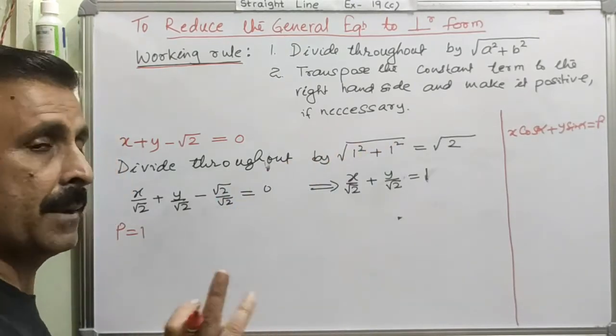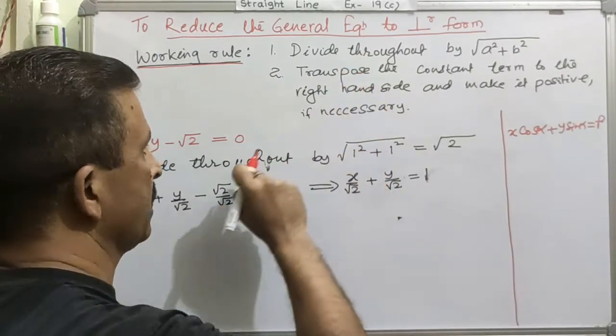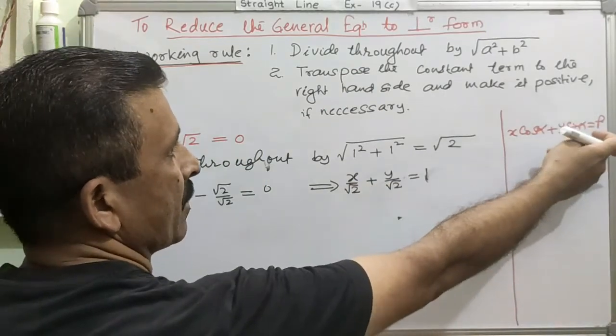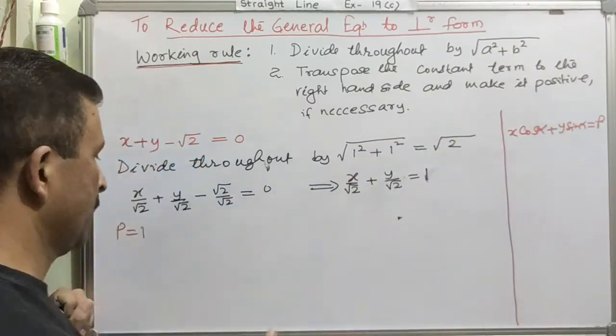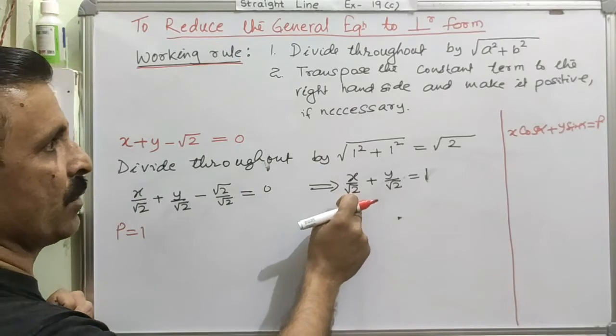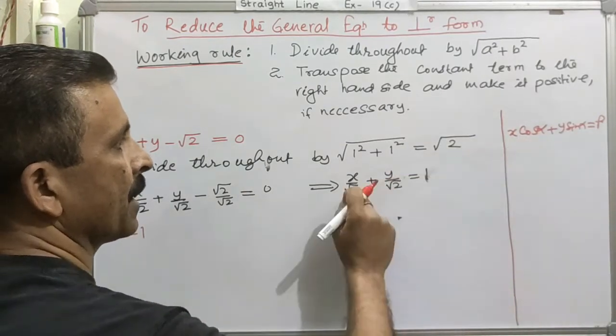Clear? Am I understood? So after we have converted this equation into the perpendicular form, now we are going to calculate the length of perpendicular and the angle. Clear? The value of alpha. So see now how can we do. Perpendicular we have already calculated. Now we are going to calculate the value of alpha. Is it okay? So we will compare.